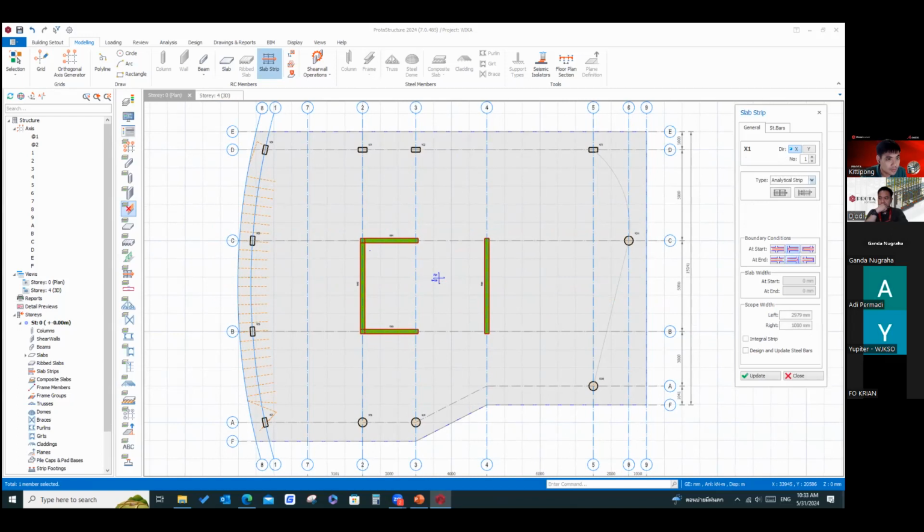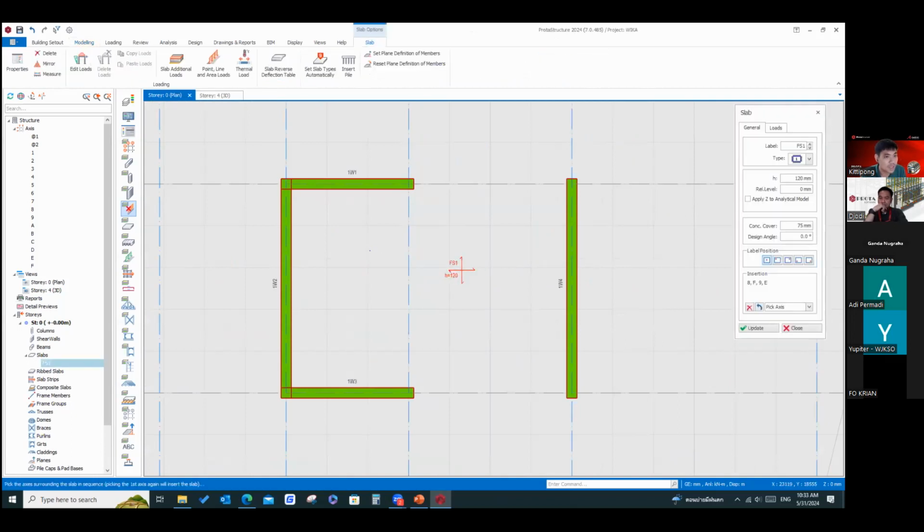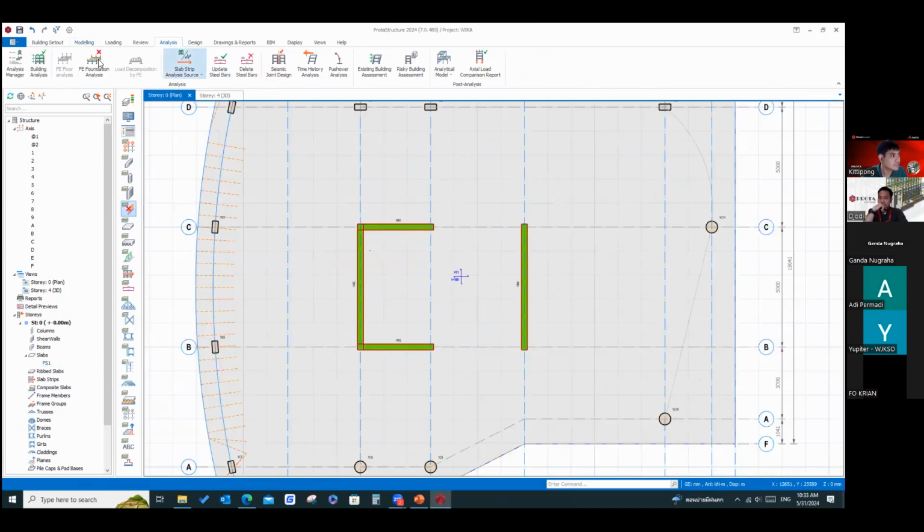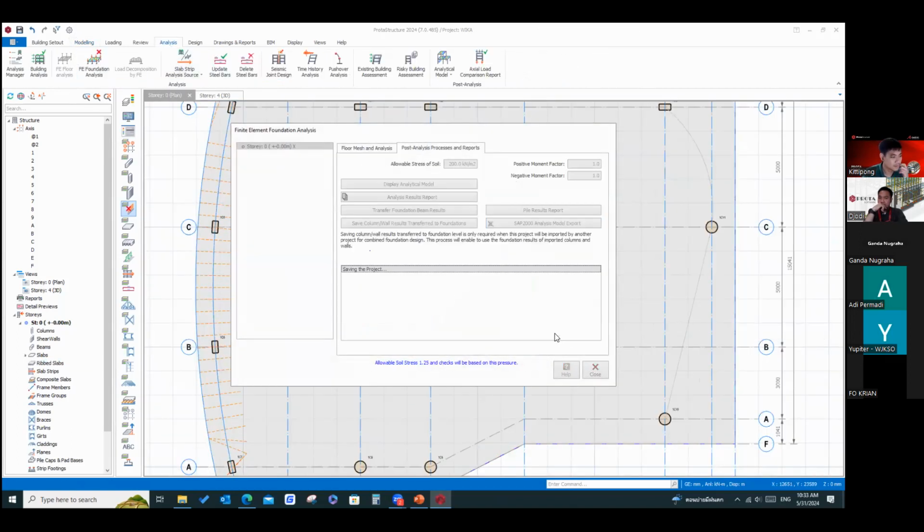Maybe the thickness is too narrow. Okay, sorry. Again.